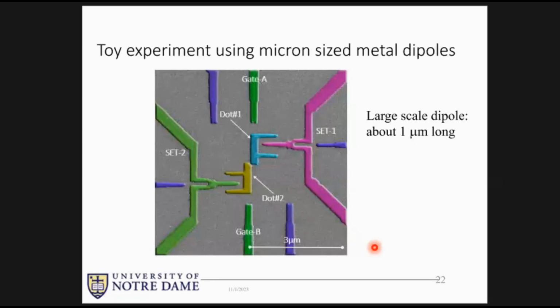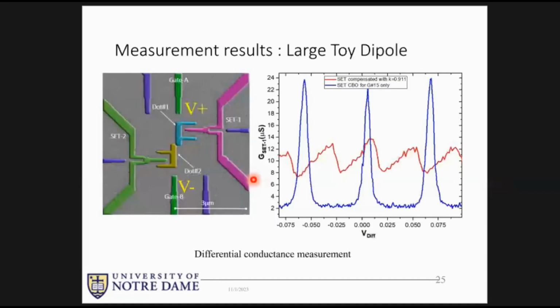And now let's go back to our dipoles. We fabricate this little toy experiment with large-scale dipoles. We can see they're about one micron in length. And if you apply bias, if you apply plus here, you push an electron here, and you create a vacancy on the other dot. You switch it, you do the opposite. And if you measure the results, you can here use 1 electron in this case, and we